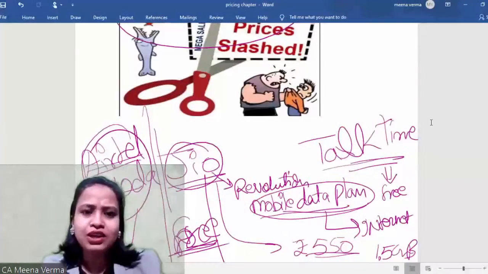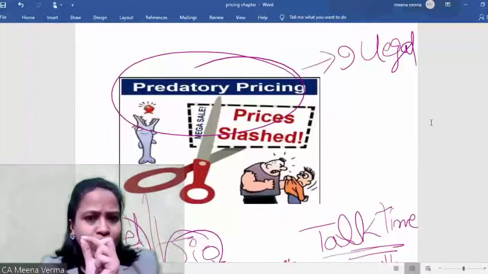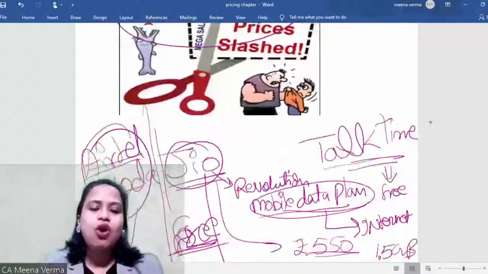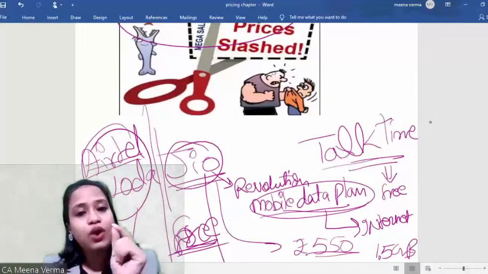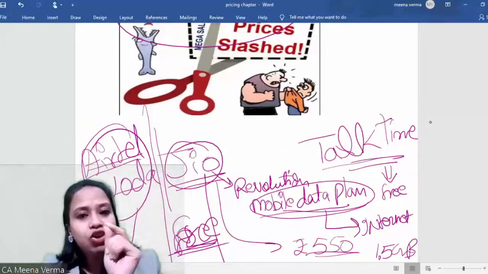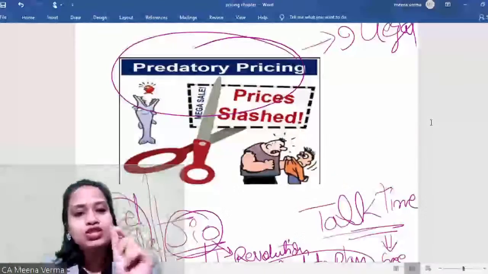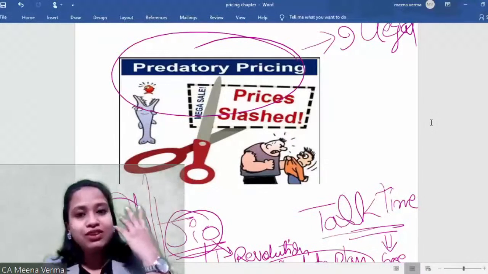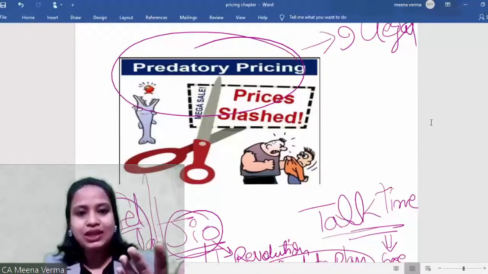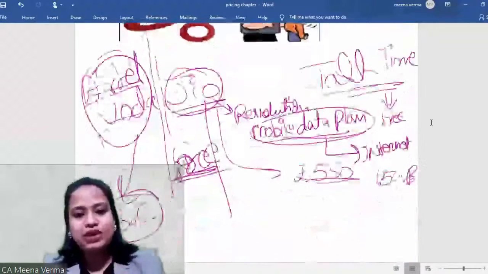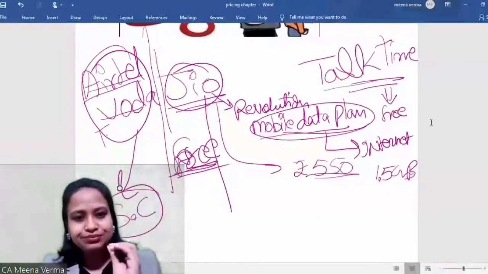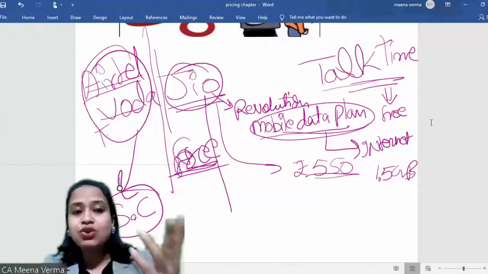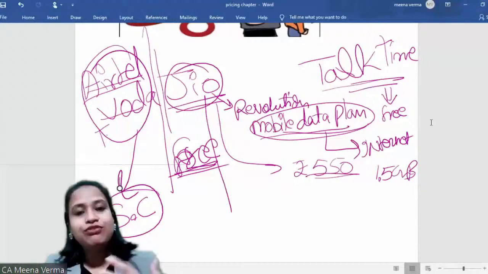What is predatory? You are following such strategy in order to kill, in order to completely eliminate your competitor. Okay, even in this case you are incurring losses. Okay, you are not recovering your fixed cost, you are not even recovering your variable cost. Okay, this is a predatory pricing strategy which Jio has followed initially for 3 months, and because of which this big company Airtel and Voda, they filed sue against them